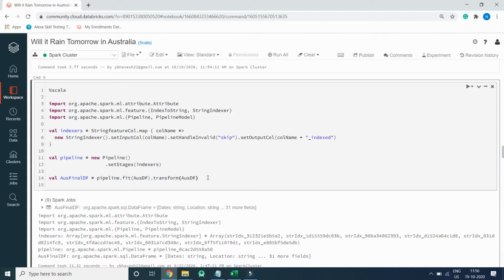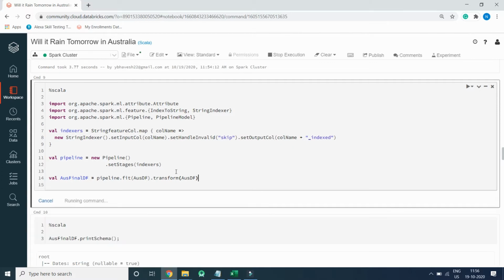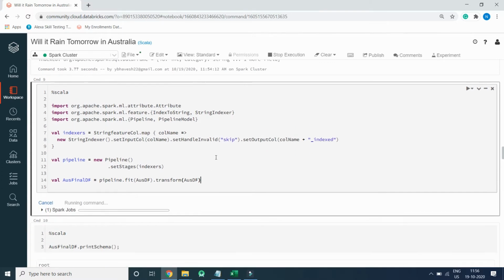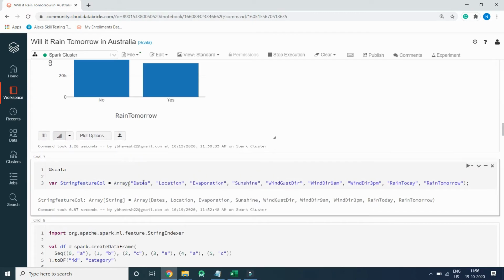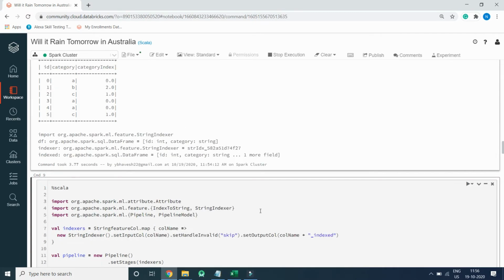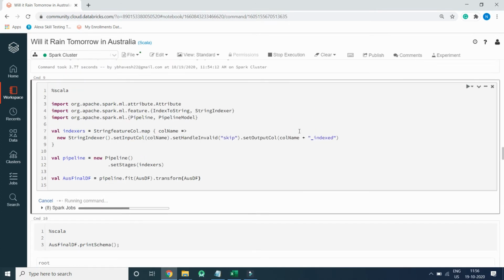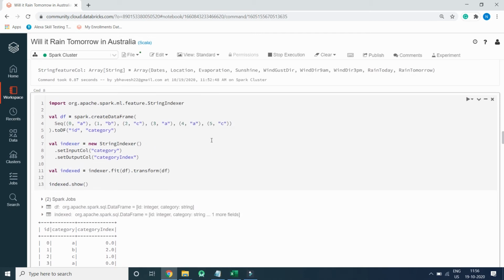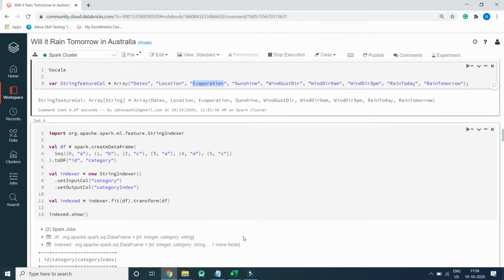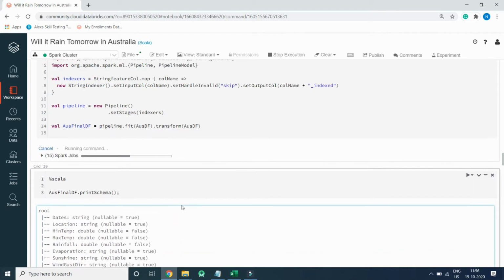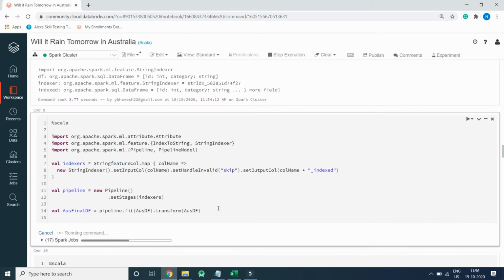So as soon as I execute this code, you will understand what we created. So we have all these string columns. We will be creating a new column, date plus index, location plus index, evaporation dot index and so on. All the string columns will be created with index. So as soon as the